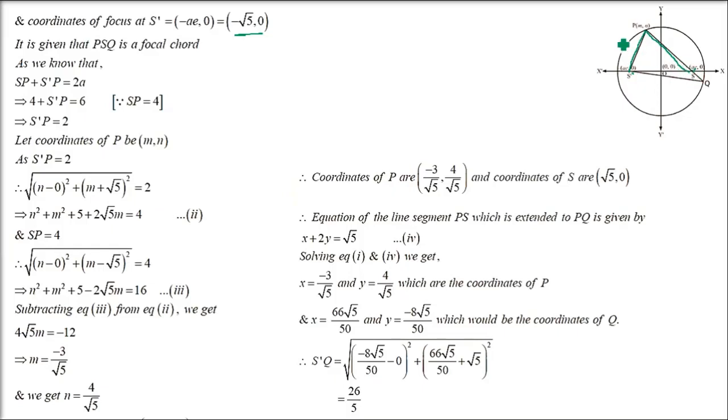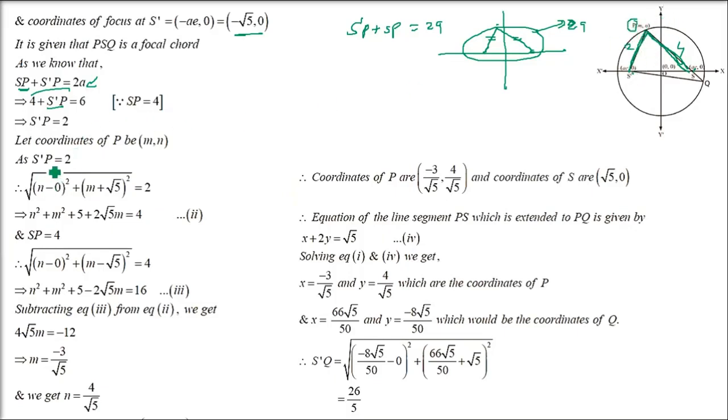And this we know for any ellipse. If you add the distance of any point from the two focuses, it will be equal to 2a. Okay, this is the logic. This is the concept we discussed when we were discussing theory. If you take focus to focus, take any point on the ellipse and take the lengths, these two lengths, if you add them, it's going to be equal to 2a. This SP is 4. From here to here, it's 4. And S dash P we don't know, but the sum is equal to 2a, 2 into 3. So S dash P distance we have found out. This is equal to 2.